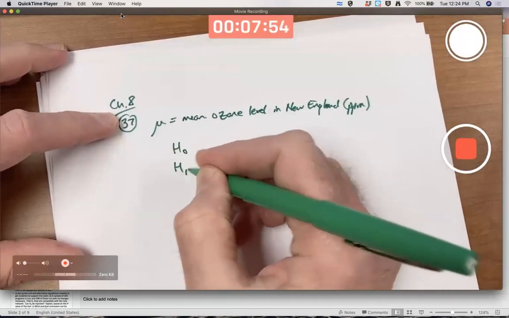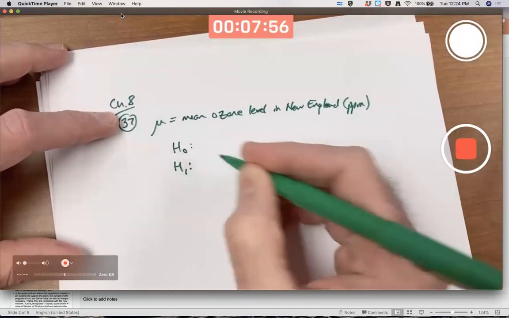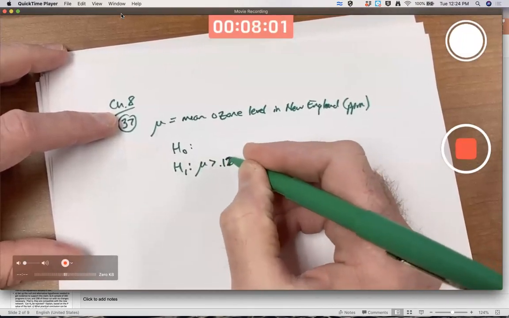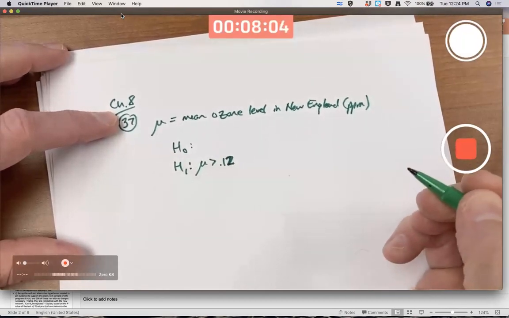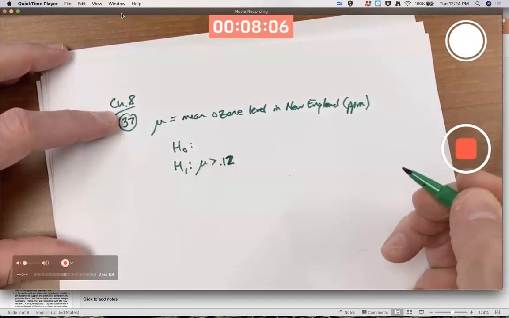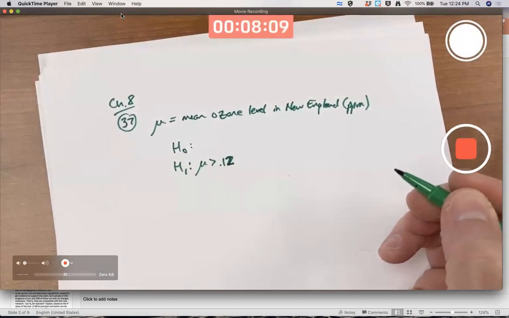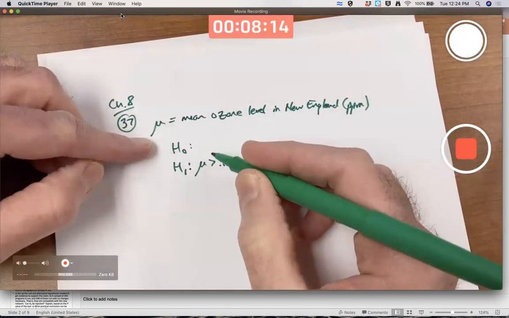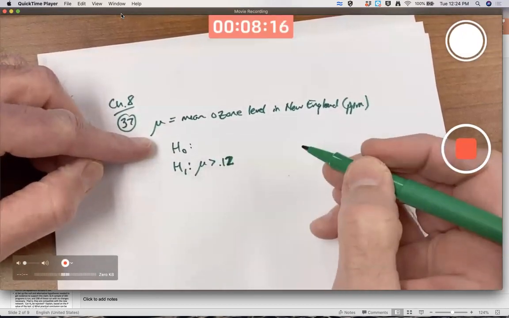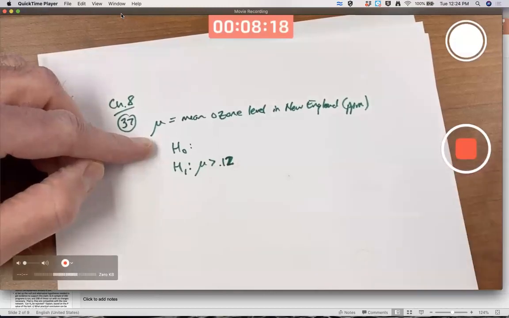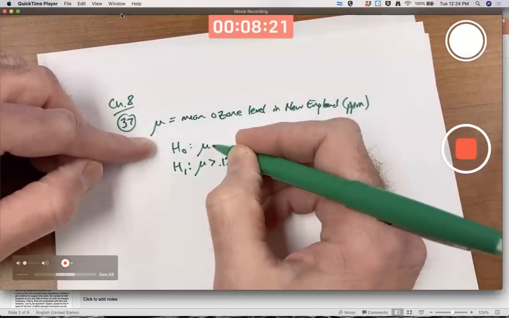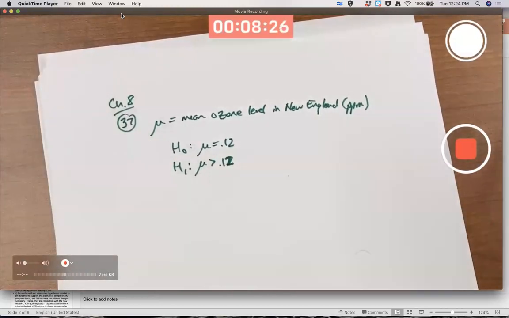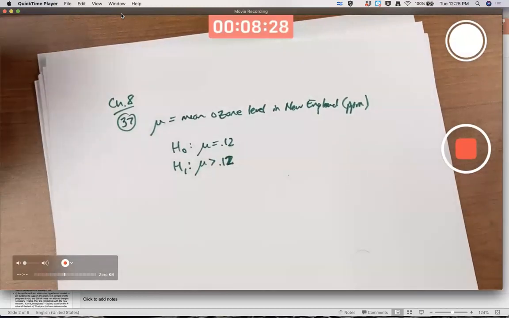Again, state the alternative hypothesis first. They think that it's bigger than 0.12. So this is a right-tailed test. As, like I said, all the examples we've been doing so far have been right-tailed tests. The null hypothesis is the opposite. Technically speaking, that would be mu is less than or equal to 0.12. However, as I've emphasized, we always write it as an equal sign, even though technically speaking, it's less than or equal to 0.12.